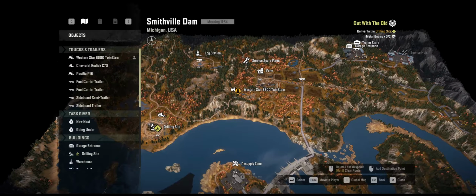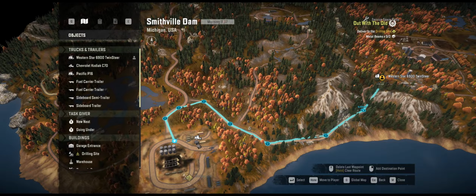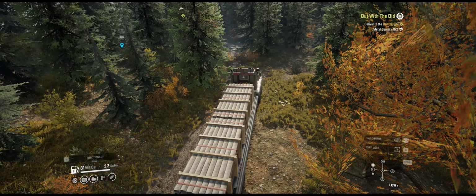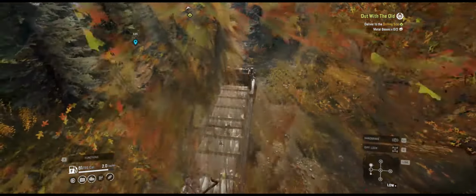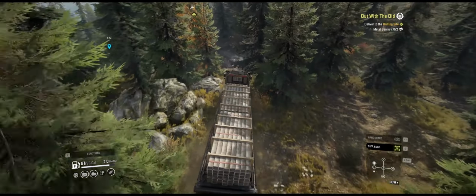Okay. So we gotta get through this part. And then try and cut through trees with this thing. Or we can go around, I guess. We'll just go around. It's probably easier. Come on. I don't understand what is doing that in my game. Sometimes trucks just won't move forward. It could be just that it's slipping, I guess, in this one's case, but...